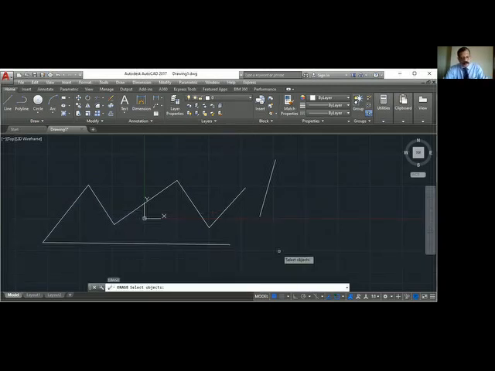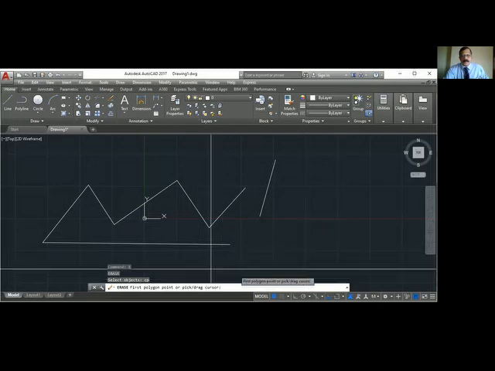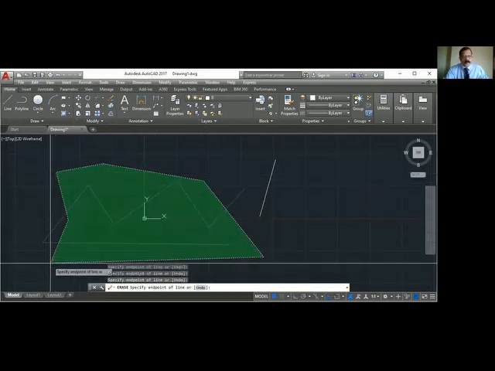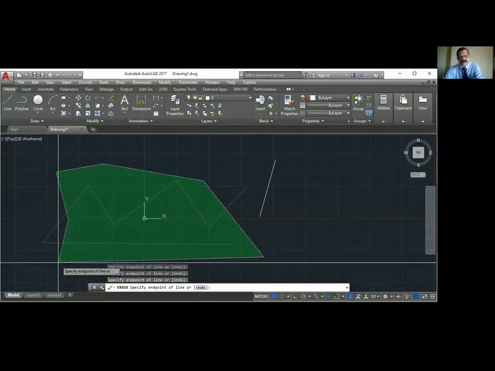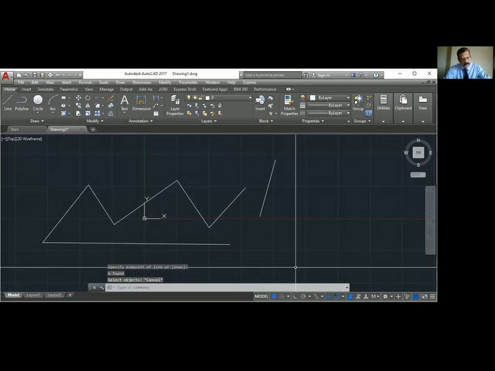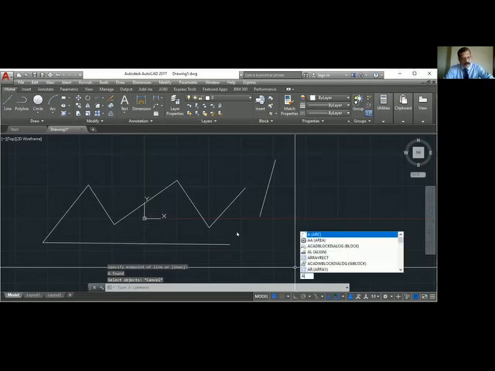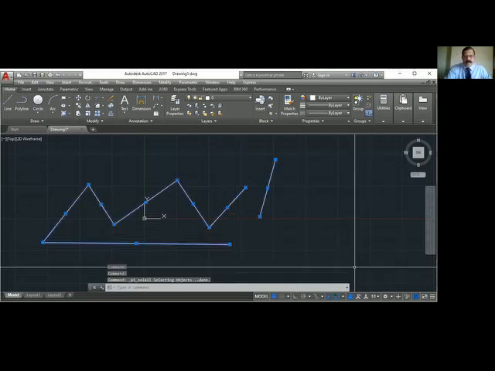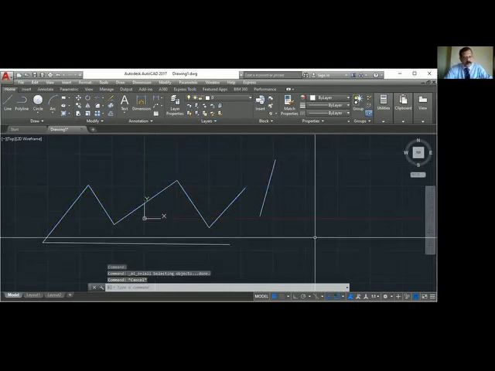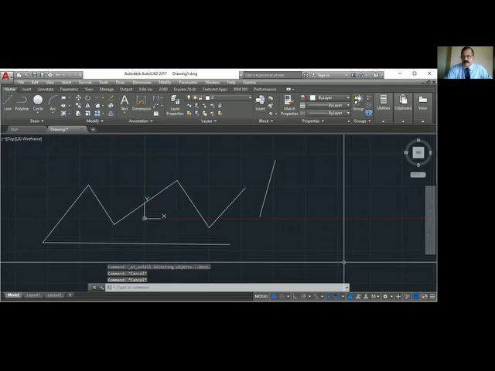Cross polygon, CP, enter. So you are showing a cross window like this. So even if it's touching, it is selected. Same way, Control A, everything is selected. So these are the different methods by which you select objects.